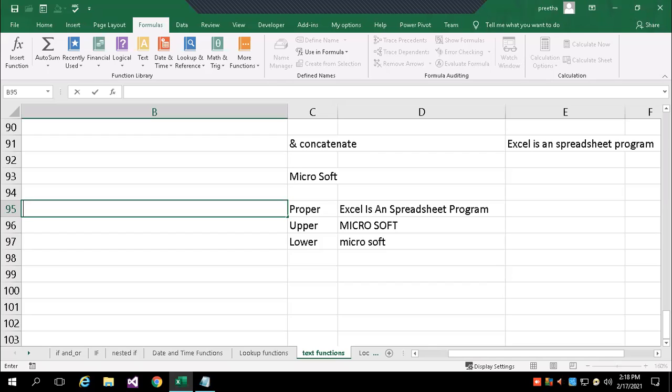I just started with text functions. It's a basic function. Like this we are going to work on various function categories. At the beginning of the introduction class itself, I said we have more than 400 functions in Excel.